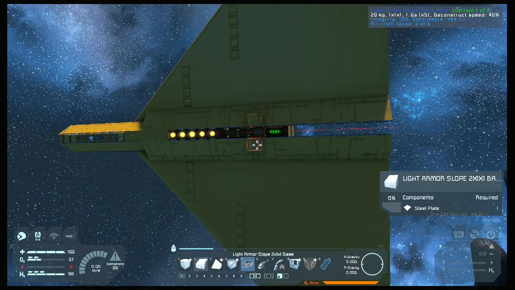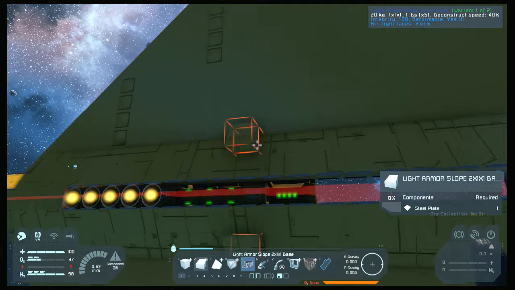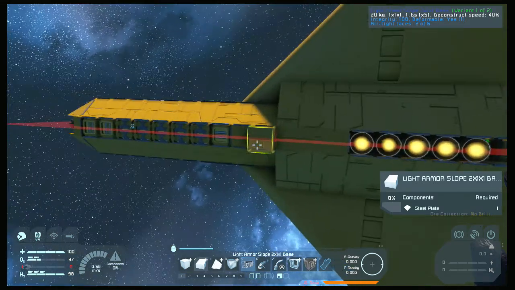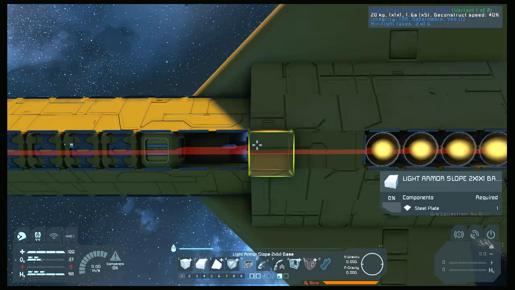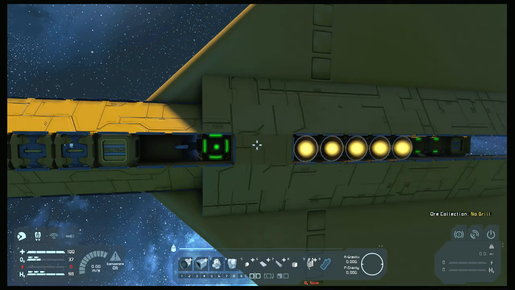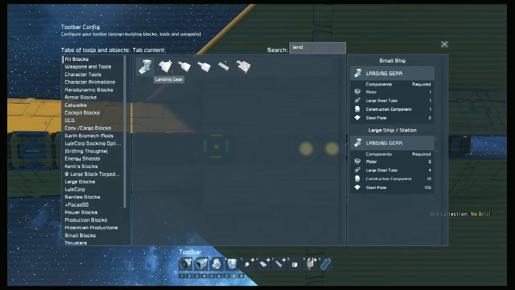Given the wings, if I'm in an atmospheric environment, then maybe that won't matter. Maybe 5 will be plenty. Nonetheless, let us, we're going to find landing gear,